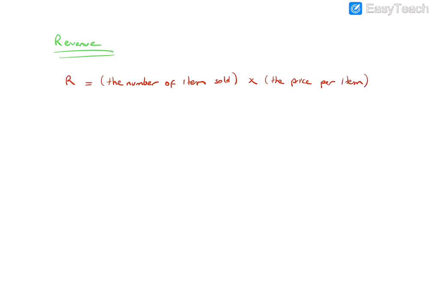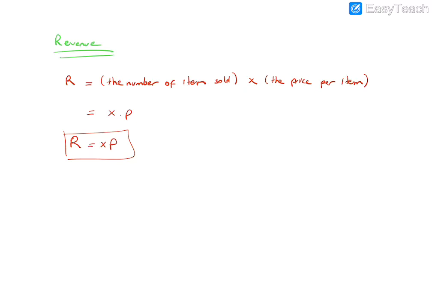This is the demand. So that equals demand times the price per item, which is P. So X times P. So always, revenue equals X times P. If you can interpret the price in terms of X from the price demand equation, you can write the revenue as a function of X, okay? So the cost, revenue, and profit can be written as functions of X: C of X, R of X, and P of X.